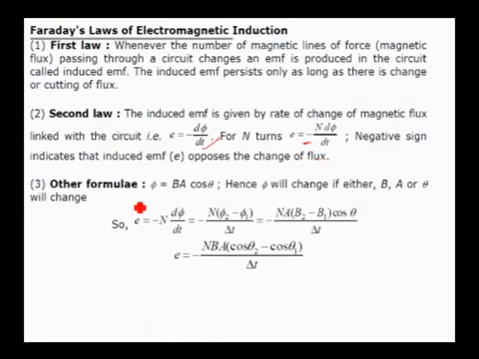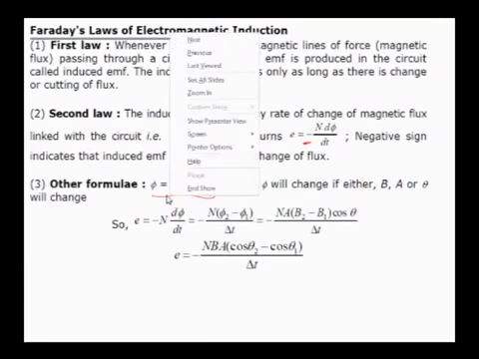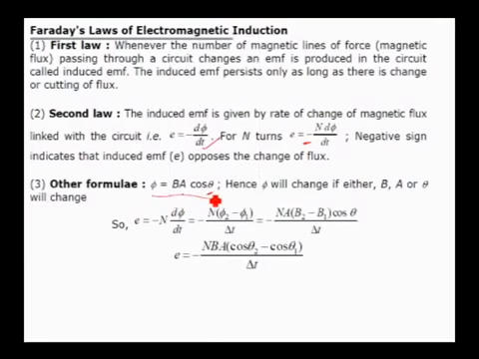We have a few more formulas to calculate the flux. Flux is given by B into A cos theta. As I said already, theta is the angle between the area vector and the magnetic field. The flux through a surface changes if any of the three changes. For example, if the magnetic field is changing, then definitely the product BA cos theta will change and flux will change. If the area is changing, definitely the magnetic flux changes and EMF will be induced. If theta is changing, that is, the angle between the magnetic field and area, then also the flux will change, and whenever flux changes, we get an EMF.